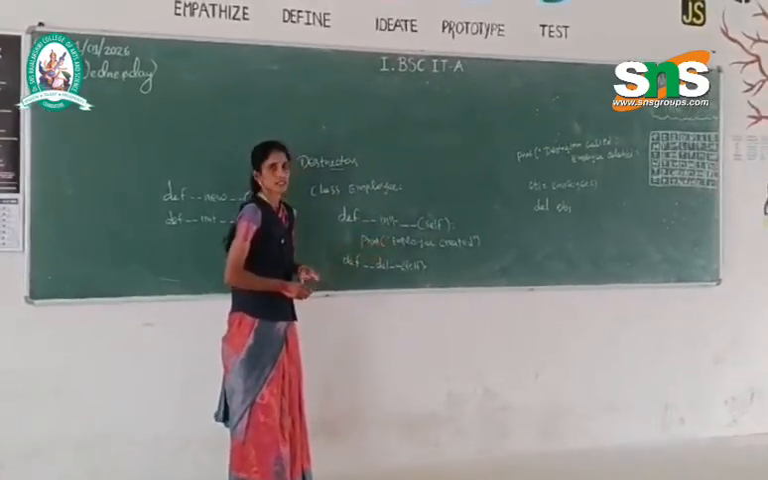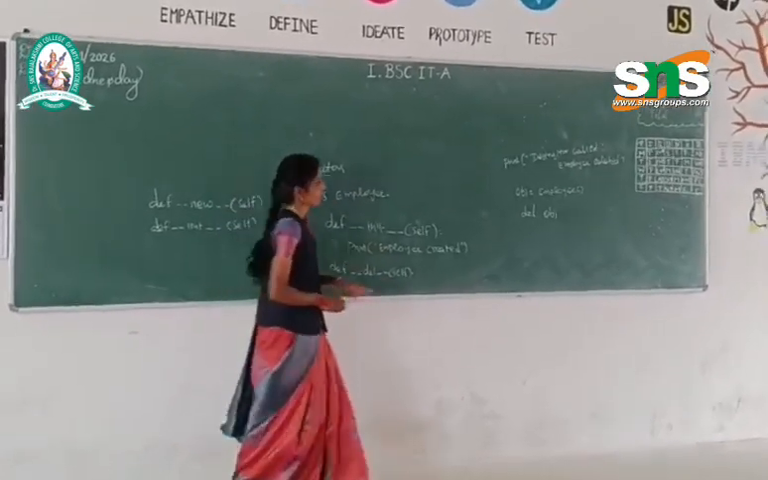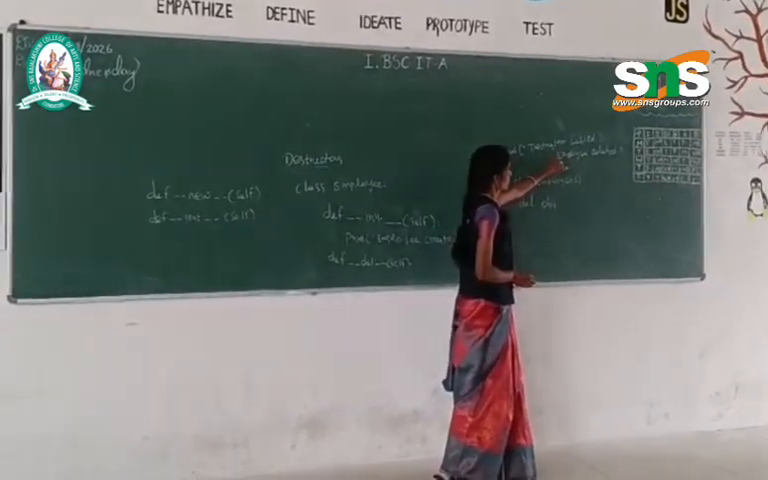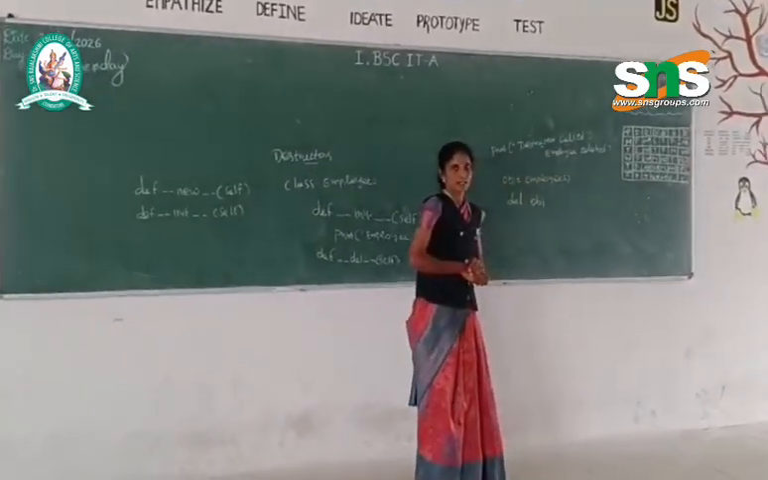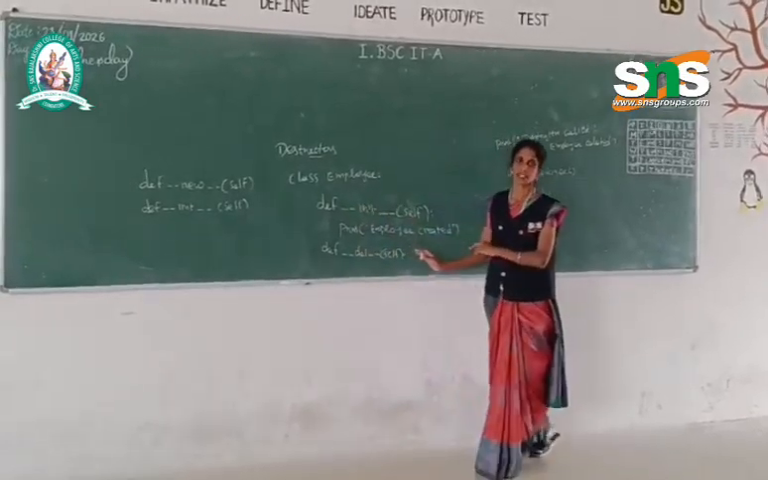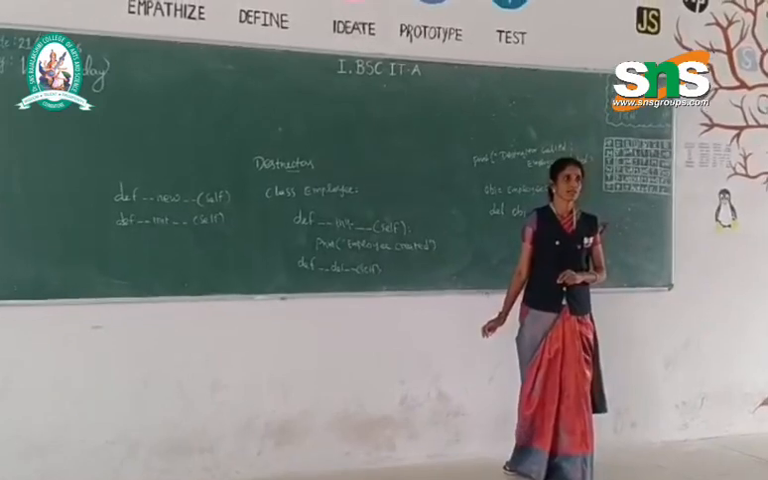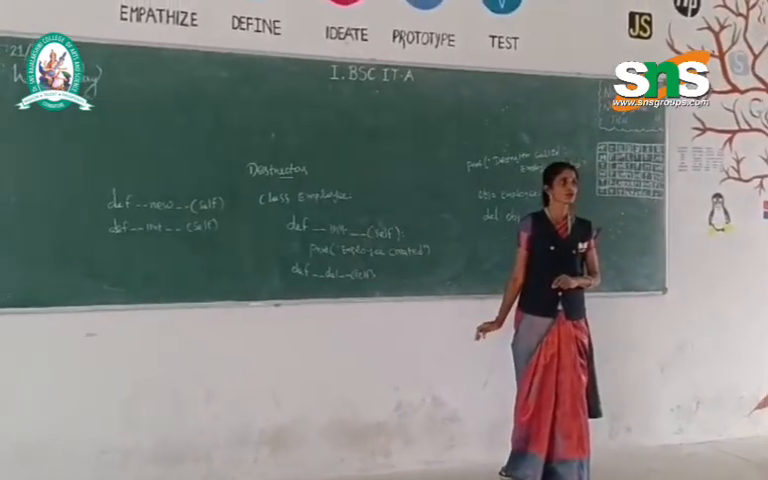The output of this program shows these two functions, init and del. The first line of the output is employee created. Once I call del obj, the second output is destructor called and employee deleted. So this is the basic difference between a constructor and a destructor. A constructor in Python programming will help to construct an